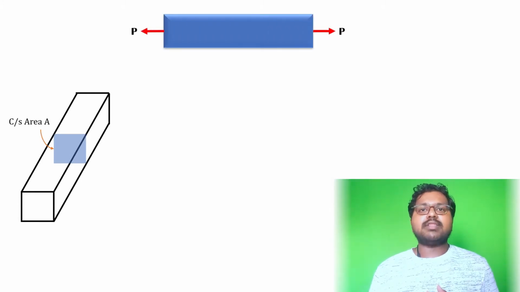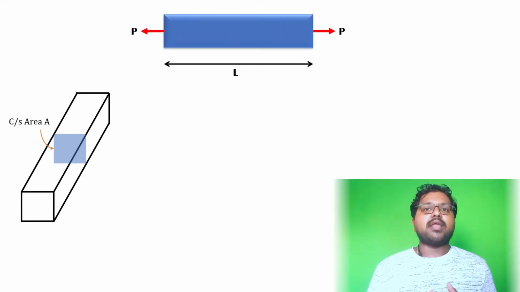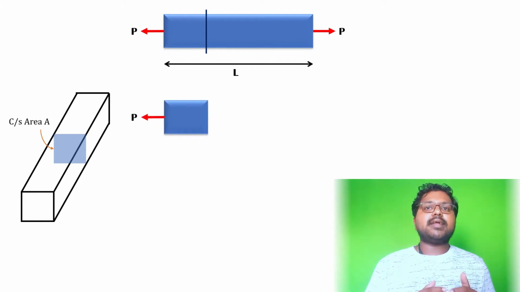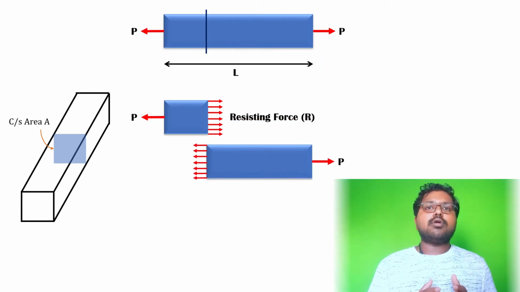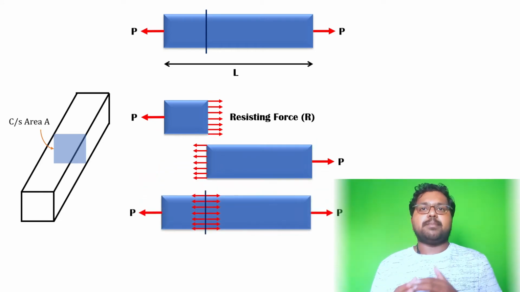area A throughout the length, subjected to an axial pull of intensity P. To know the internal stresses, consider a section in between the bar which is perpendicular to the axis of the bar. If we consider the equilibrium of the left part of the free body diagram, then the internal resistance offered by the molecules against the external force is uniformly distributed over the whole area of the cross section. Similarly, on the other side also. So, totally the body is in equilibrium.